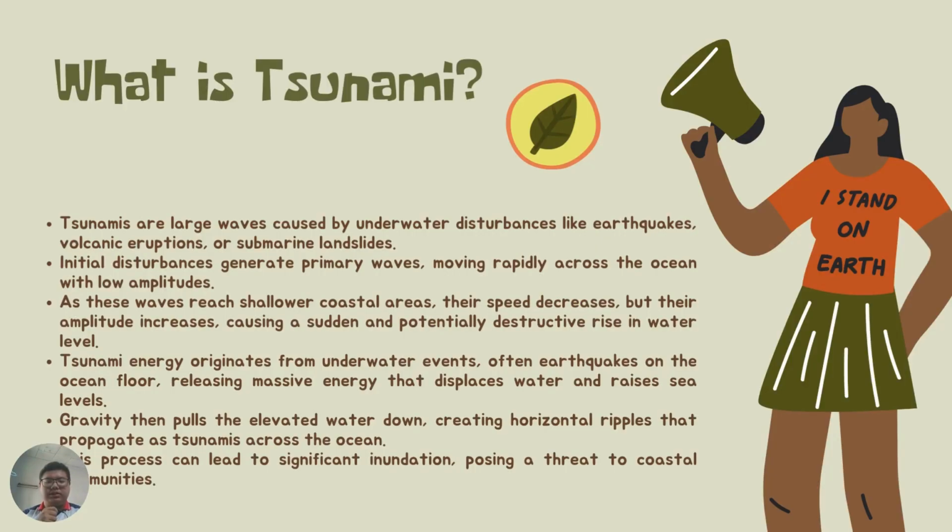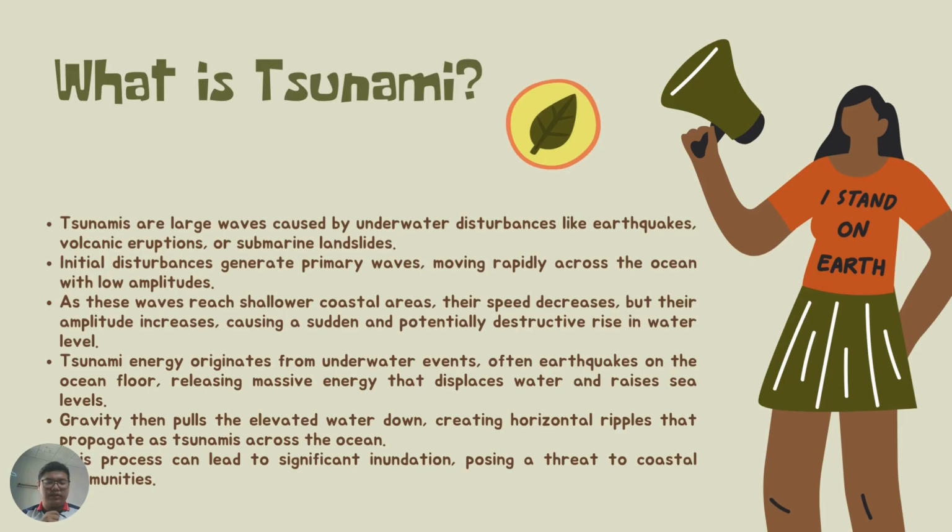So for section B, we use the tsunami question. So what is a tsunami? Tsunamis are large waves caused by underwater disturbances like an earthquake, volcanic eruption, or submarine landslide. The initial disturbance generates primary waves moving rapidly across the ocean with low amplitudes. As the waves reach shallower coastal areas, their speed decreases but their amplitude increases, causing a sudden and potentially destructive